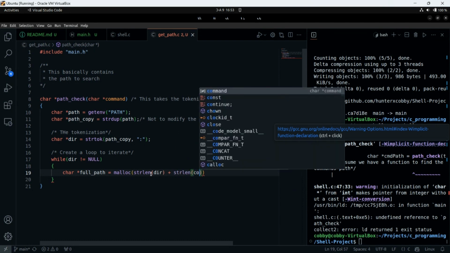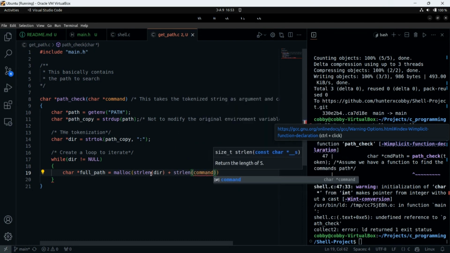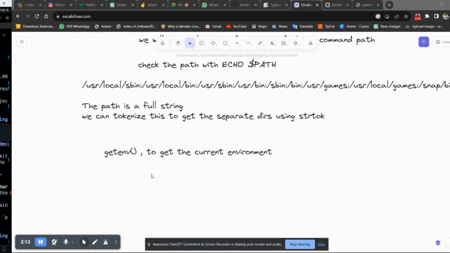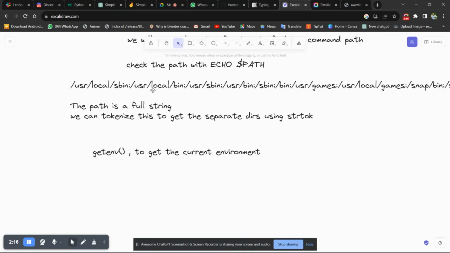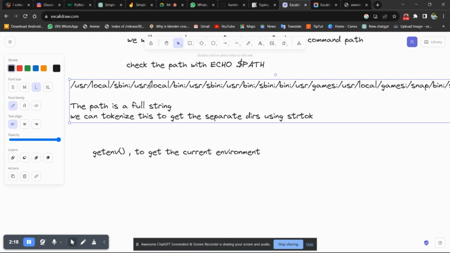So let's say command, and then we want to add an extra two, because we need to have space for a colon, and who can tell me what the second thing is? Because we need to have space for this forward slash.